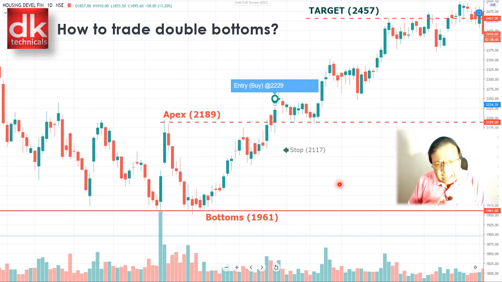Or else there can be another strategy, where I wait for the pullback. See the pullback, where the price has corrected and then tested the neckline, and then again here you can see the formation of a bullish candlestick pattern. So I will make an entry here above the high of this candle. So friend, what will be my stop loss? My stop loss would be 1 ATR below this neckline.